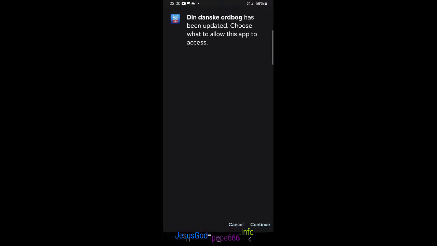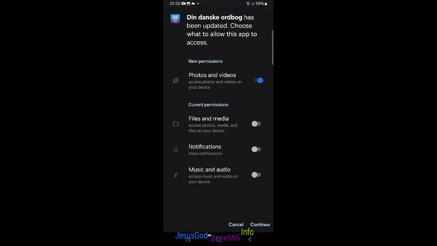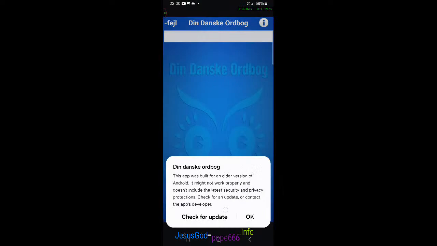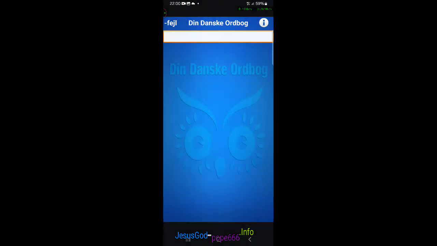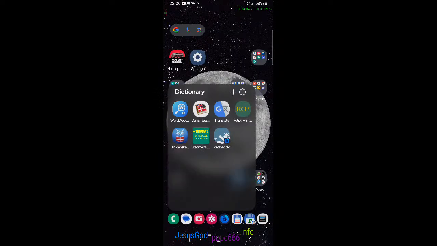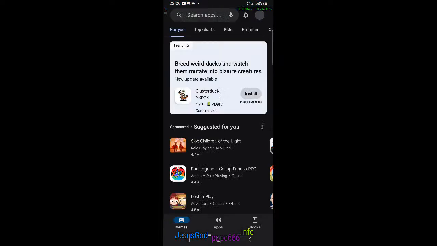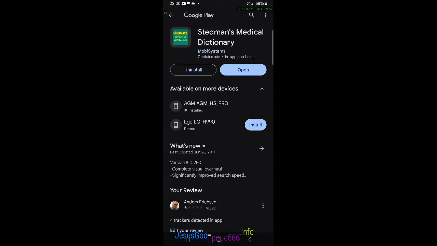I'm sure it's just impossible to make some kind of backward compatibility, right? Here we go again, check for updates. After updating for Android 14, it's multiple of these applications that are screaming, oh, this is not made for, there we go again, right? You can check for an update and there's none.